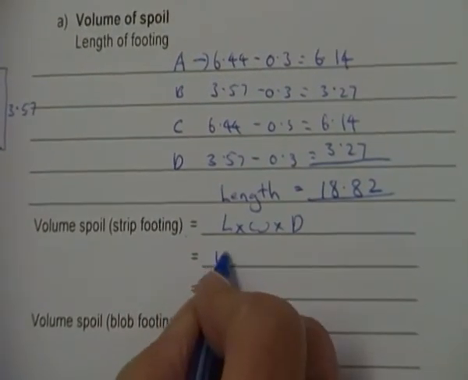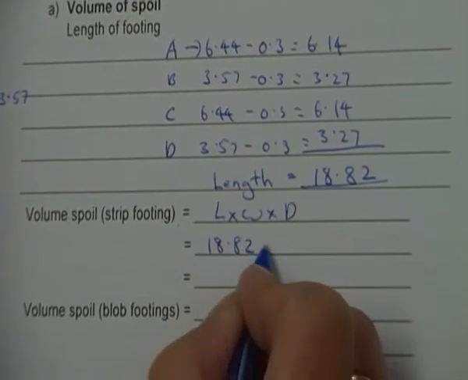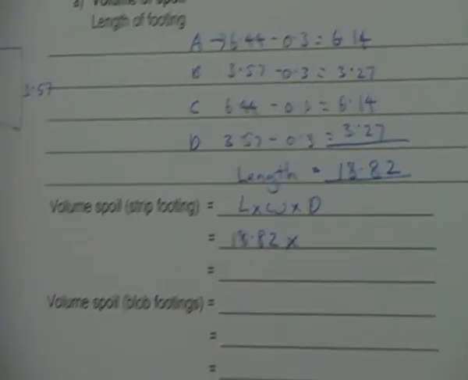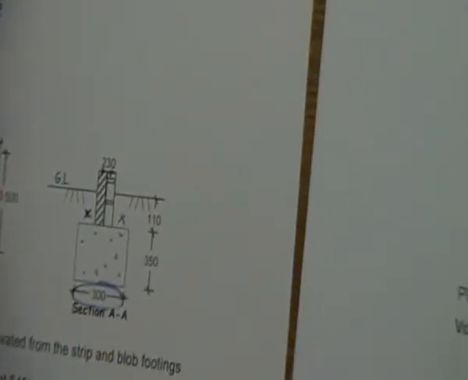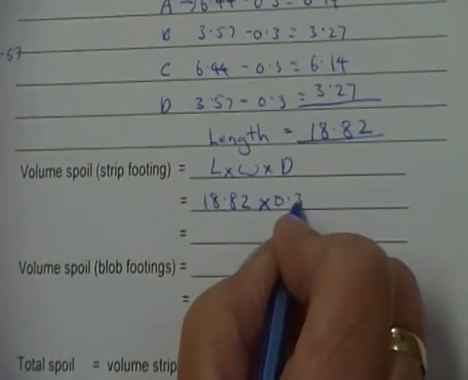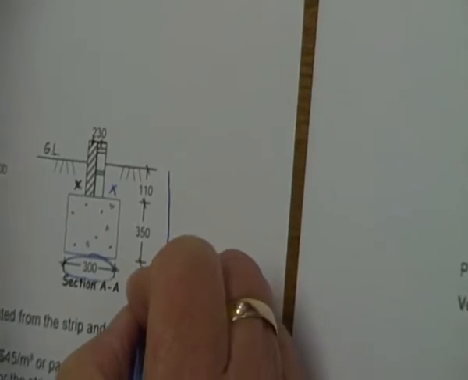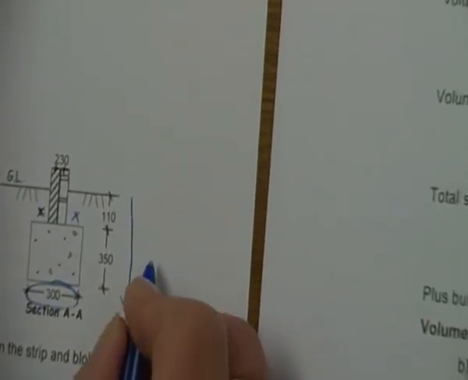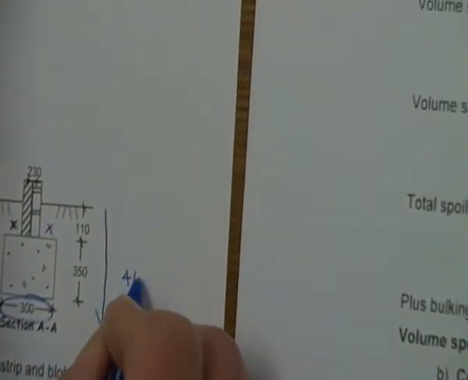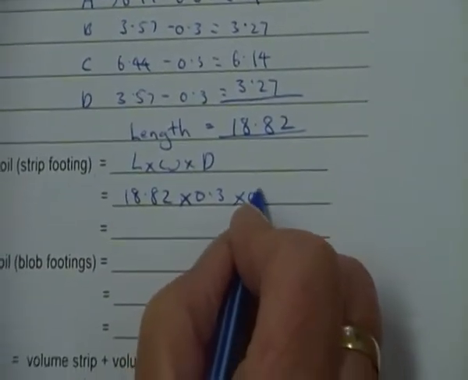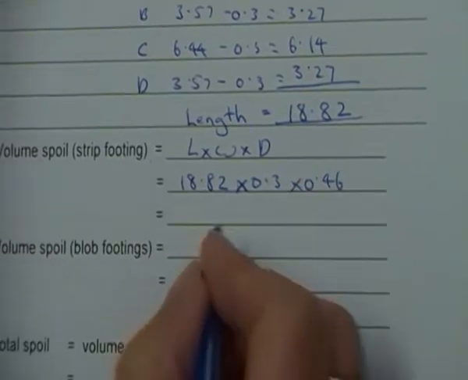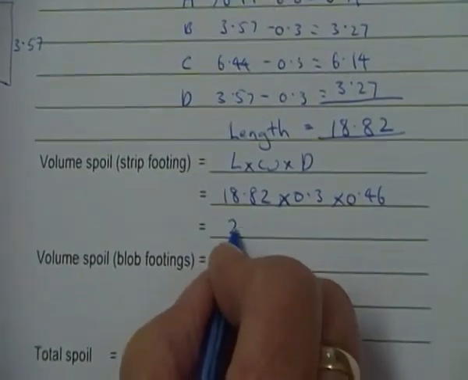So the length of my footing is 18.82 times the width, we go to our drawing, is 0.3. Now remember, we're doing spoil, so spoil is always from ground level down, so it's going to be 460. So we're timesing it by 0.46. So we'll get a figure of